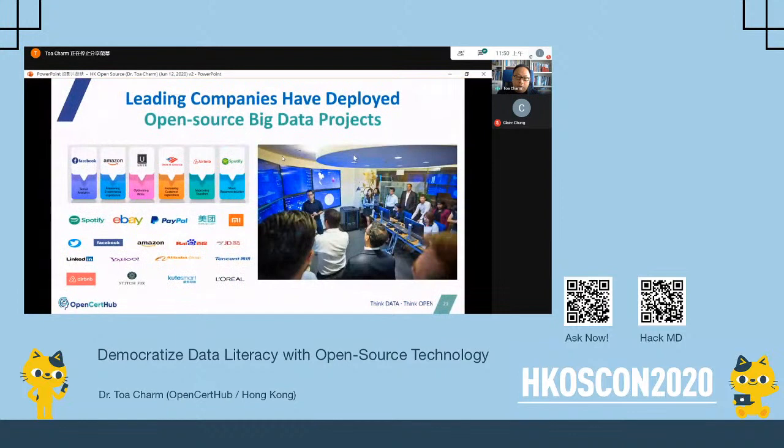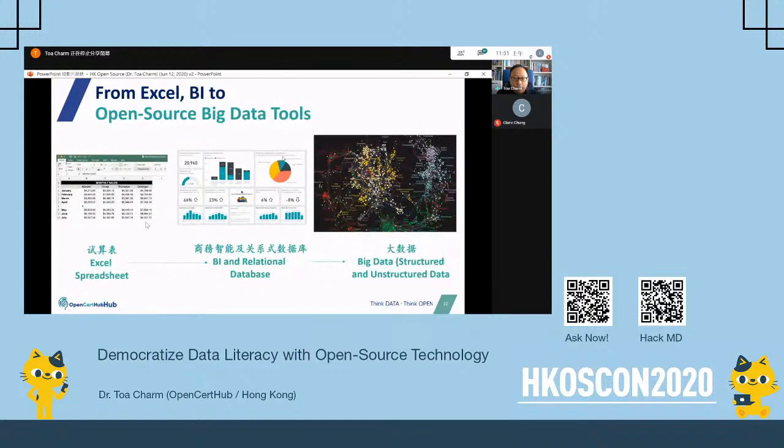We just talked about Airbnb already. So let's talk about other successful companies, not necessarily tech giants, not necessarily unicorns, but even traditional companies. If they understand the importance and urgency of big data talents, they actually make the switch very fast. And then they make big data their core engine to build a business model on top of it, right? So there are so many successful cases that we talk about. And then from the tools perspective, right? Many of us now probably know how to play around with Excel and even are power users.